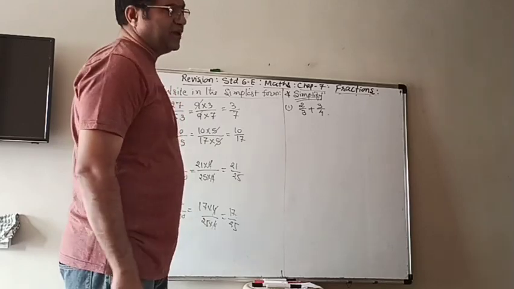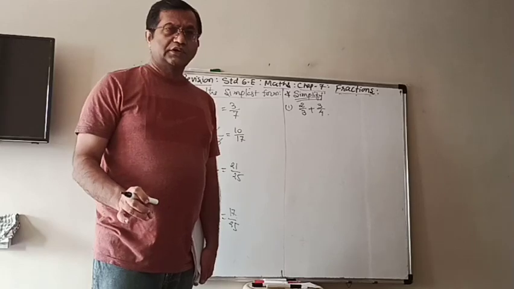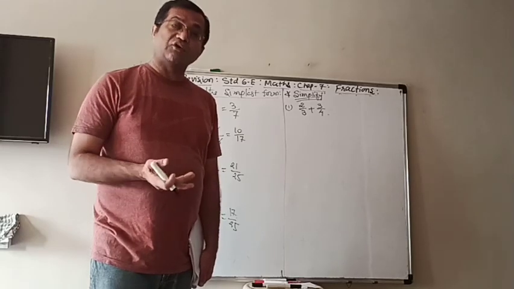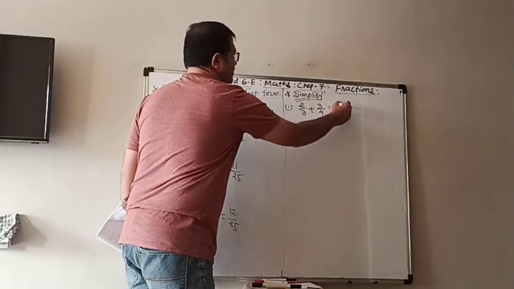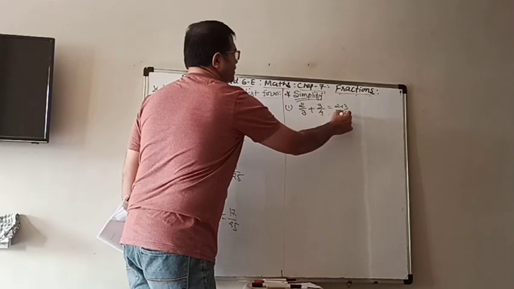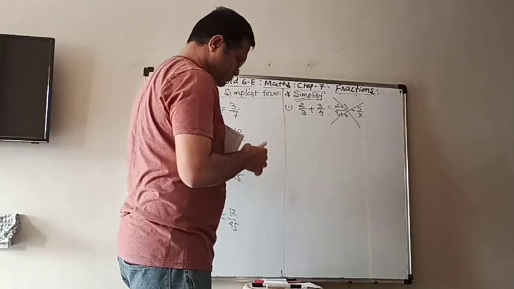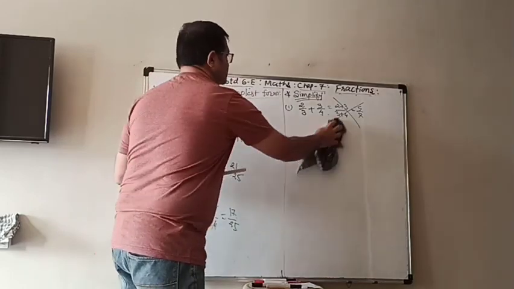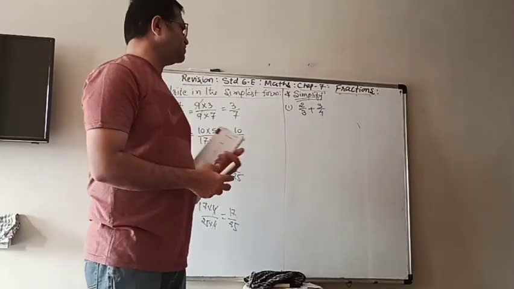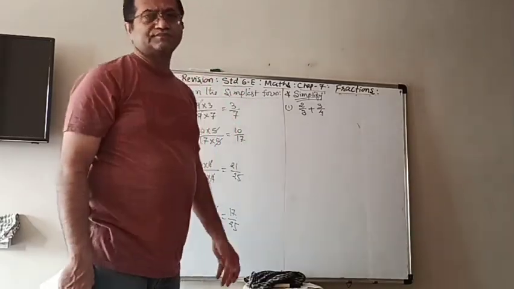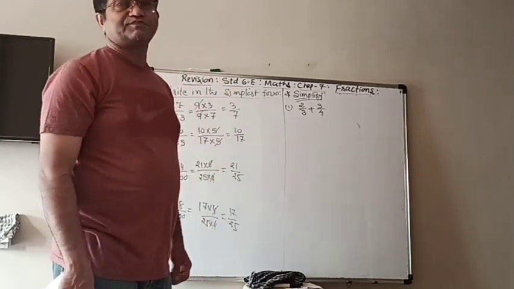Now generally I saw that if you are not watching the videos or following the PDFs, then what are you doing? You are doing 2 plus 3 and then 3 plus 4. Then you write down 5 upon 7. That is a totally wrong method. If it was so easy, then it should be placed in the standard 3 or 4. But why do we learn fractions? We learn like fractions, how to add them.